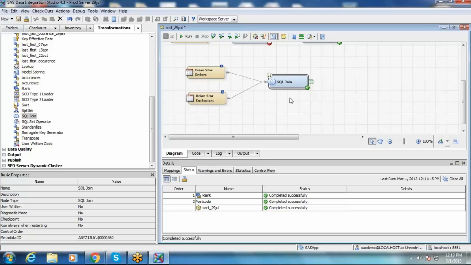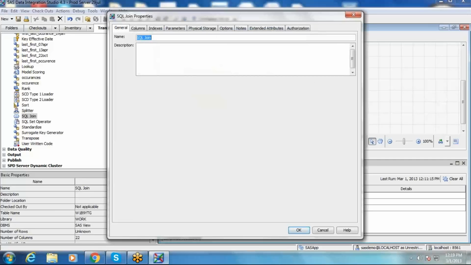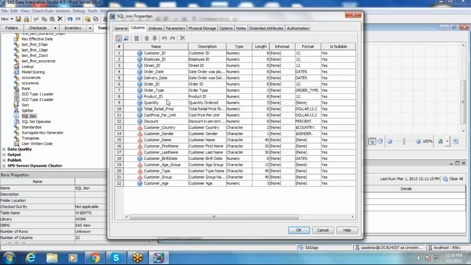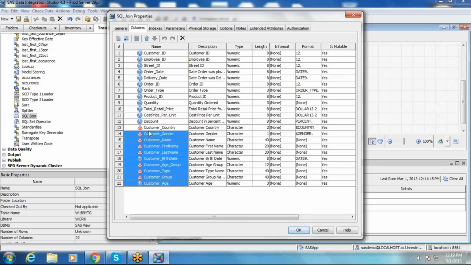Now, I am looking at only customer country, quantity, and total retail price. So you can right click on the work table, go to properties, and go to columns. Here you can see all the columns from both tables, but I don't need all of them.